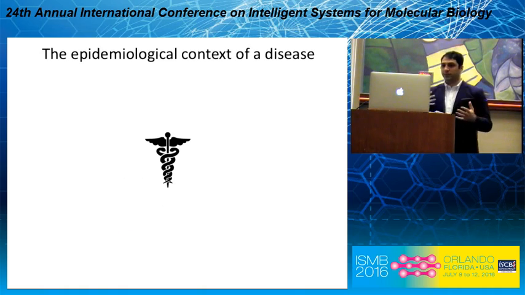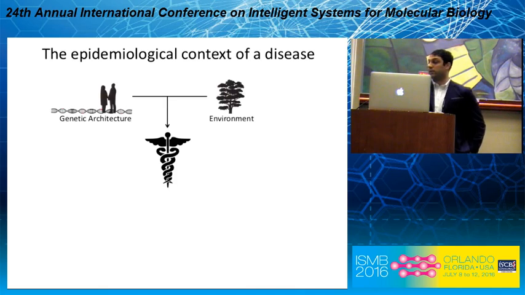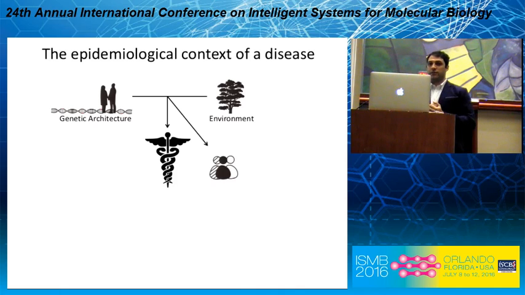So we can study disease in many ways, as we've seen in this conference so far, but for the current talk, we're going to be talking about it in the context of epidemiology, where in the most basic sense, a disease is at a nexus between genetic architecture and the environment in which someone is raised. Furthermore, our idea of race, or the construct of race, is also the product of one's genetic background as well as the environment in which they're growing up.